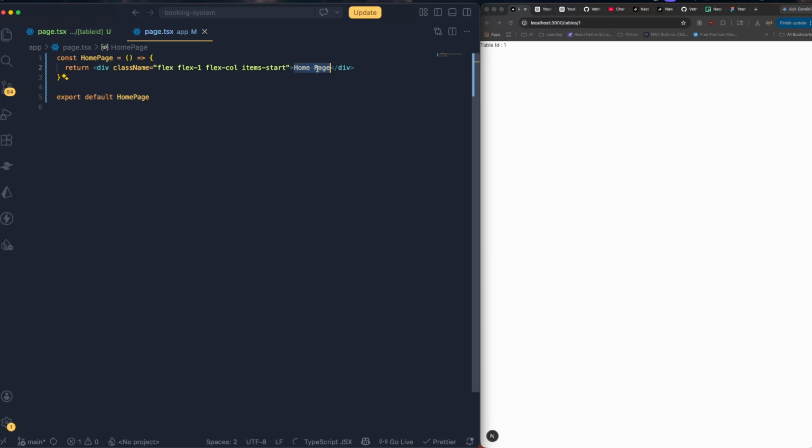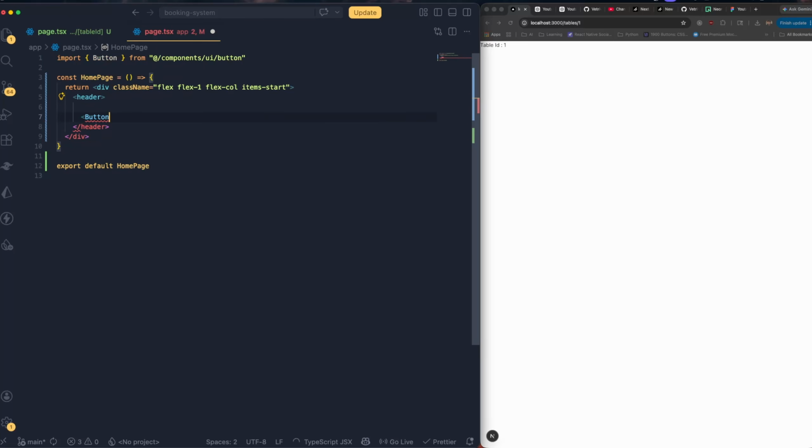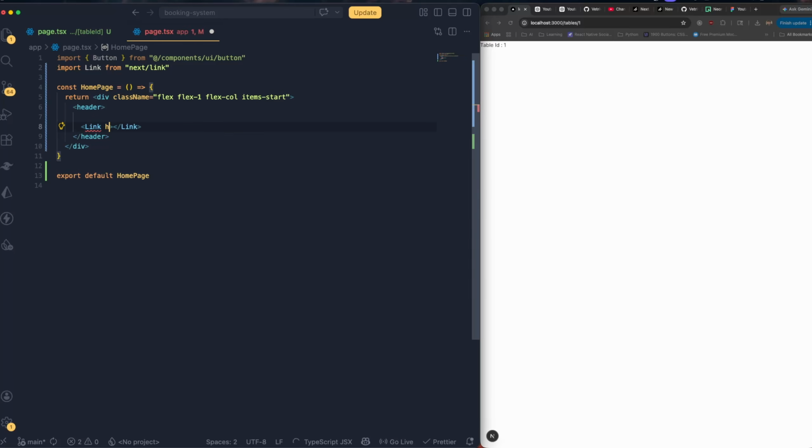And here I'm gonna make sure I have a header section, header, and here I'm going to bring myself a button from add components UI button, and here I'm going to make sure this says manage tables, something like this. And this button needs to take the user to that very specific location, right? So this is going to be wrapped inside the Link from next/link, and inside the href, the hyperlink reference section, I'm going to make sure to take the user to that specific location, slash tables, and we need